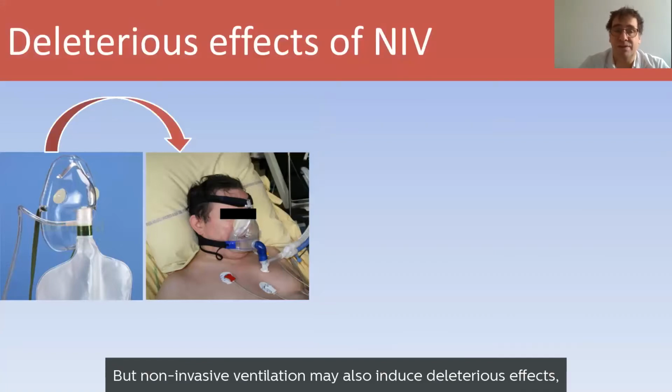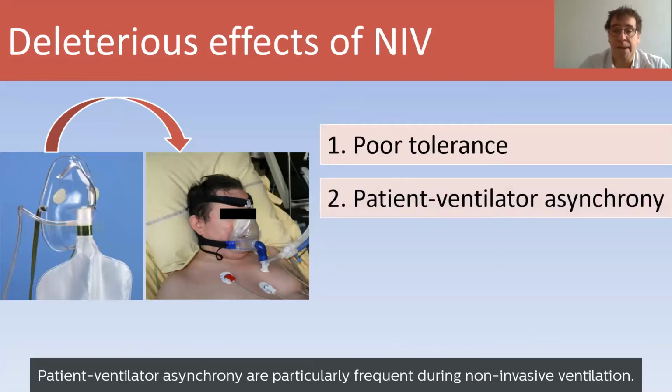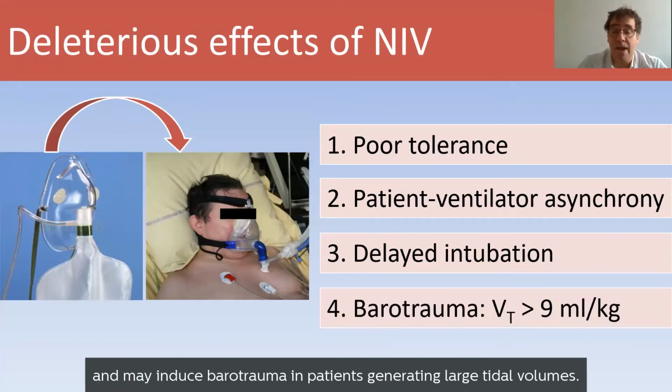But non-invasive ventilation may also induce deleterious effects. For example, poor tolerance is frequent. Patient-ventilator asynchronies are particularly frequent during non-invasive ventilation. NIV may delay the intubation by masking signs of respiratory distress, and may induce barotrauma in patients generating large tidal